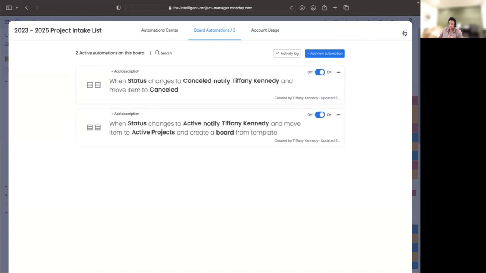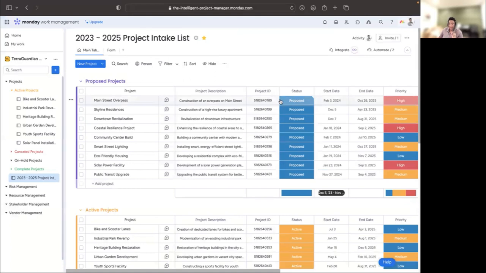So, our game plan for tonight is we are going to create our two remaining automations for this intake board. We are going to set up some views, which will help us better visualize this data. And we'll talk through views that we can create from the board itself. And time permitting, we'll jump into creating a dashboard that we can use,